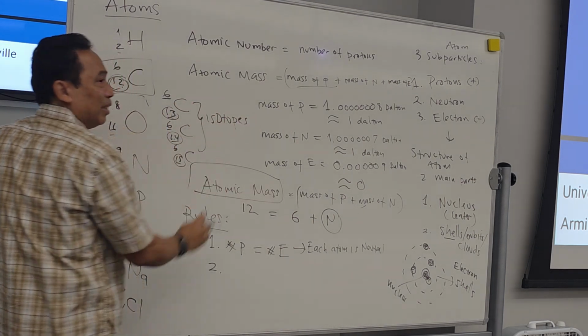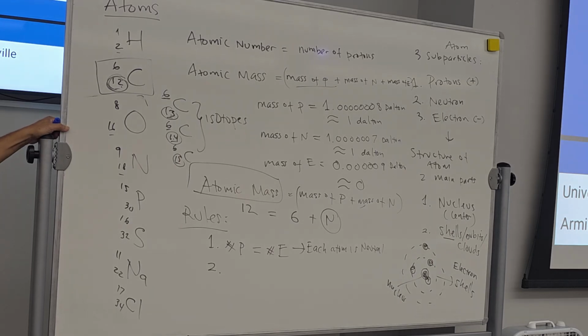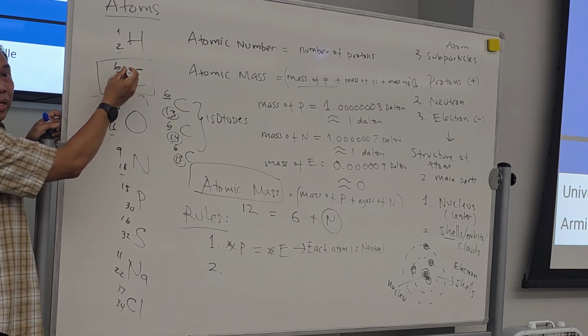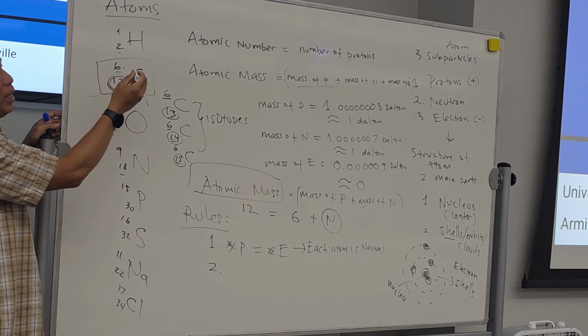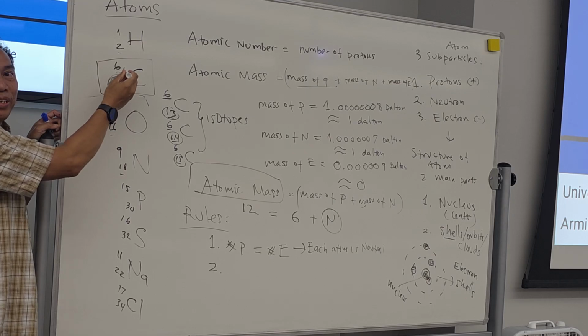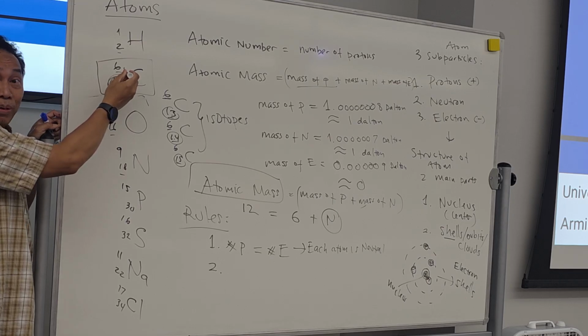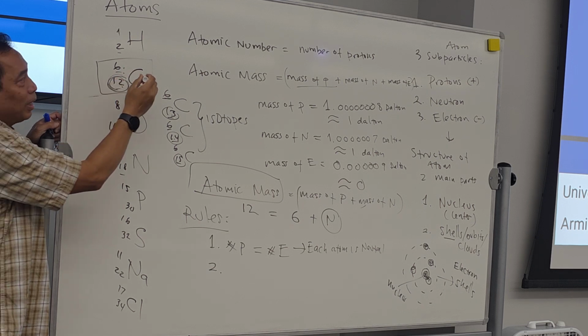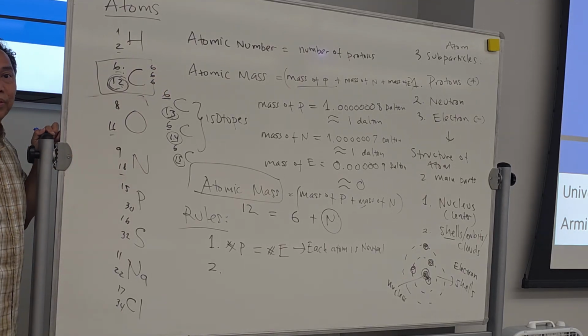An isotope is an atom that has the same number of protons and, of course, the same number of electrons, but a different number of neutrons. Can you follow this? Look at this one. How many protons here? How many electrons? How many neutrons? 6. 12 is the atomic mass, which is neutron plus proton. So this one has 6 protons, 6 electrons, 6 neutrons.